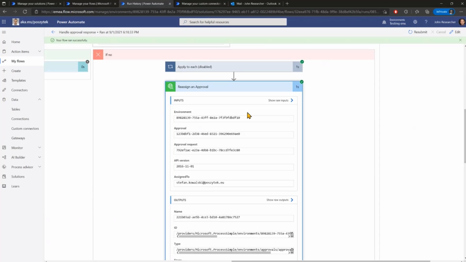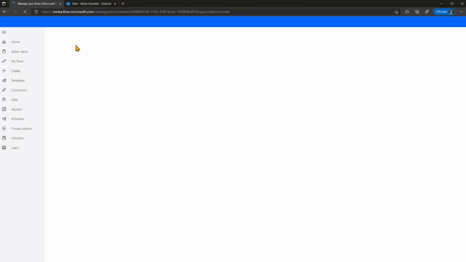This is why if now Stefan would like to make the same operation again, so if Stefan would like to reassign a task to John, he wouldn't be able to do that because this action works on behalf of John, so that it would mean that a task is now assigned to Stefan, but the person who is trying to reassign it is John, and therefore the endpoint is going to return an error. Let me show you that. I will now switch to Stefan. So this is Stefan's account.